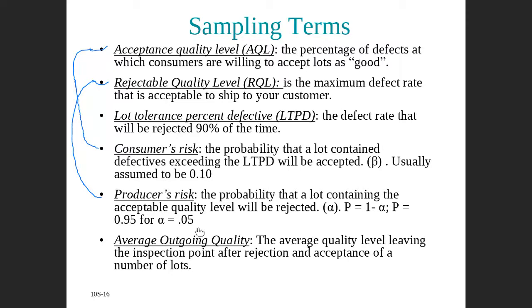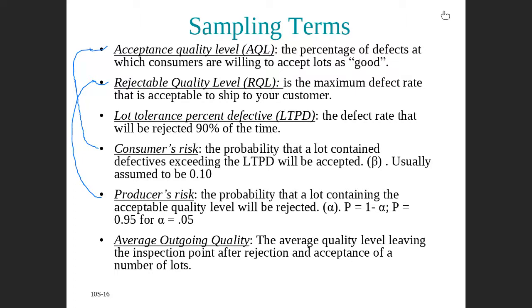Those are referred to as beta and alpha respectively, beta for the consumer and alpha for the producer, and they are commonly used as given information. That is, you have to interpret what they mean when we come to the number of lots and